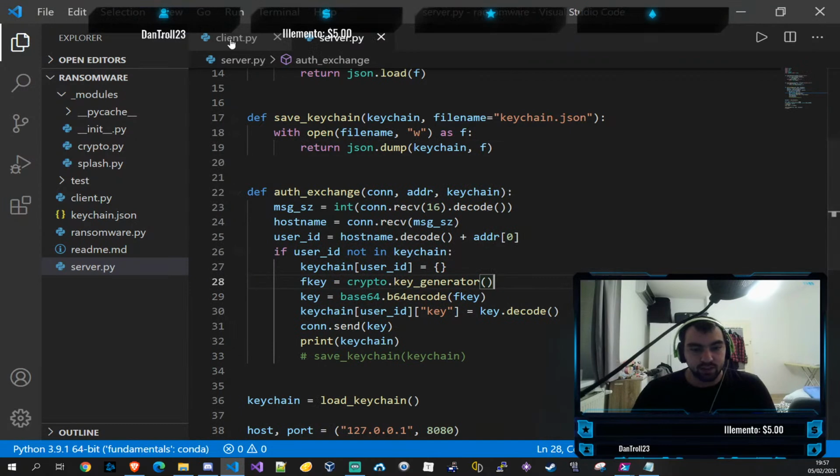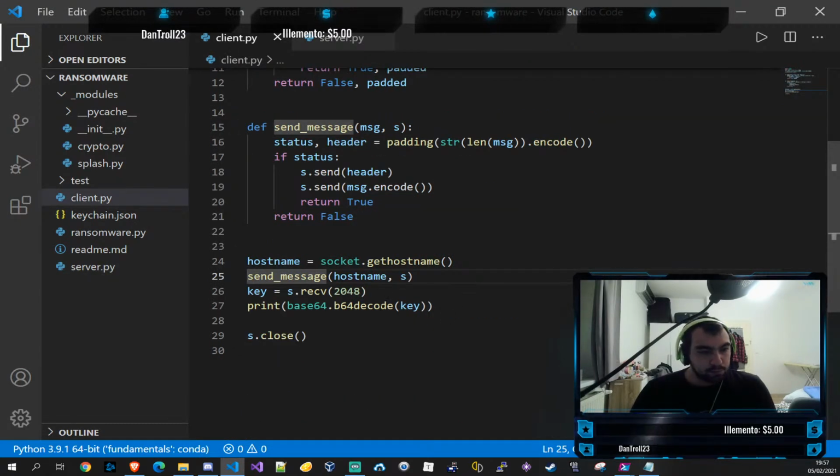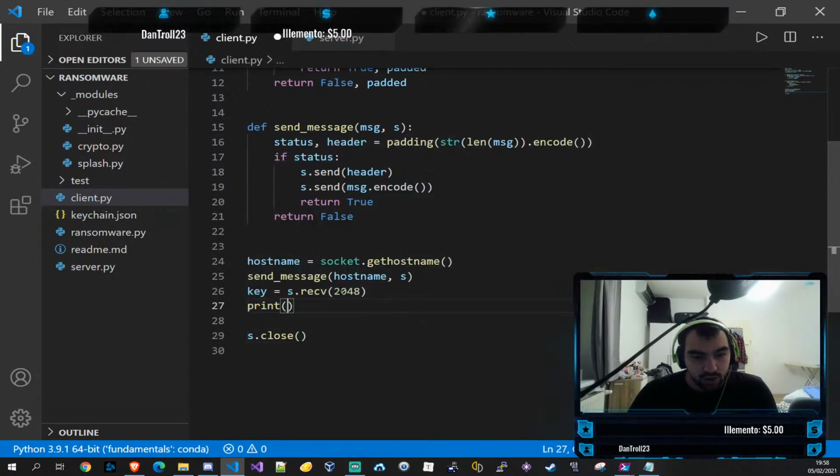We don't have to print these anymore. So now it received a key. So now we have to base64 decode it, right? So we can just do base64 decode this, right? See? And now we can start